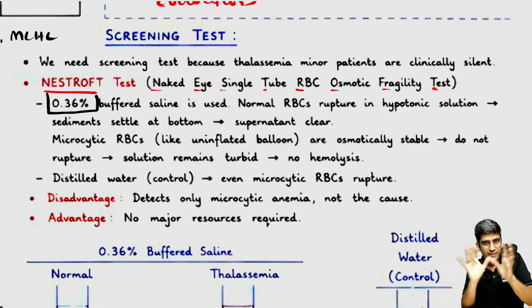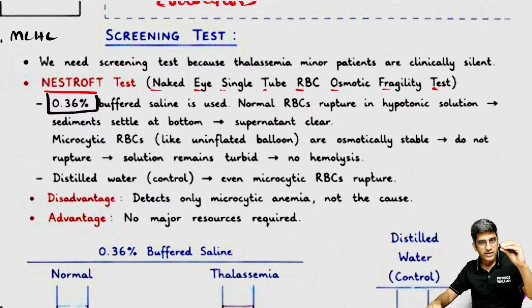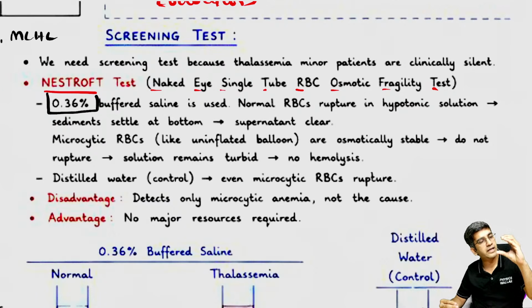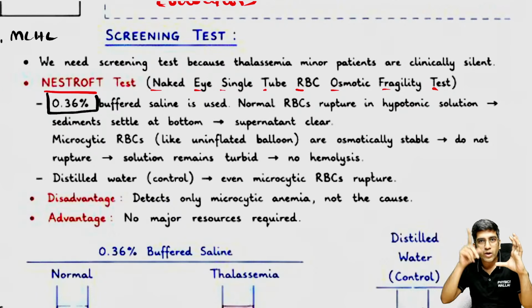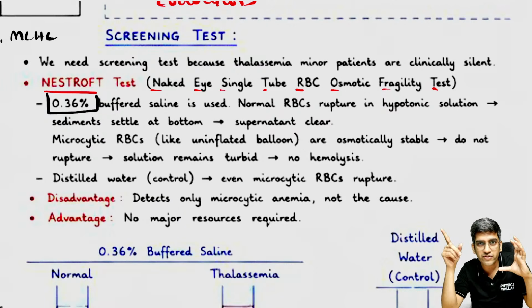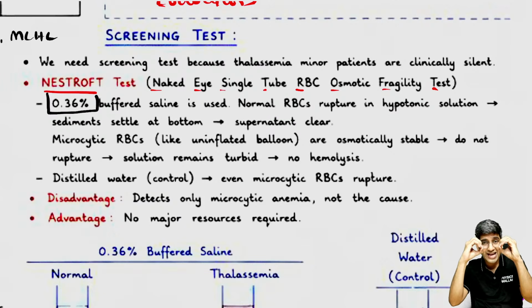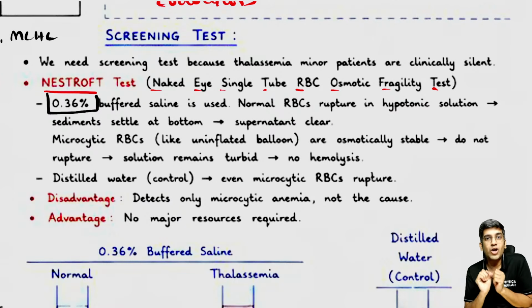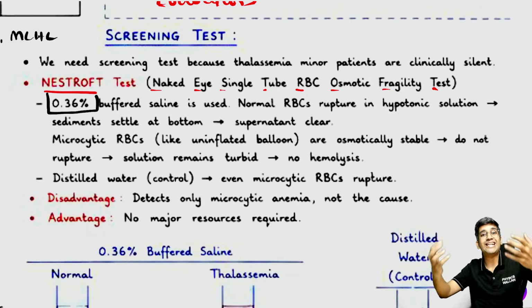The basis of osmotic fragility is simple. You have an RBC, put in a hypotonic saline, water keeps on entering. At some point of time, it will become bigger and bigger and burst. Right? What we read about spherocytes, are they osmotically stable or fragile? Spherocytes are round and rigid, so less water enters the cell, and it will burst. They are osmotically fragile. A microcyte is like a balloon, not yet blown. So they are osmotically stable, so more water it can take.